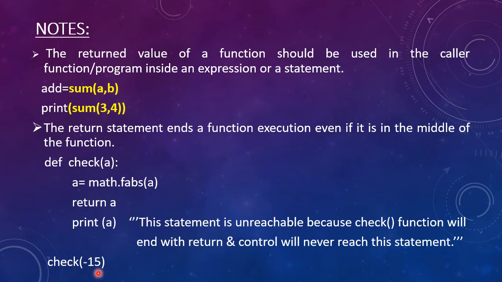When we invoke the function check with parameter -15, it will execute the function check, and here math.fabs calculates the absolute value of a, and the computed value will be stored in variable a. Then here I have written return a. So when the interpreter receives this command, it will end the function execution, and from this position it will move to the calling function. So the return statement